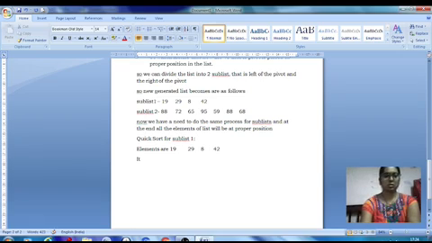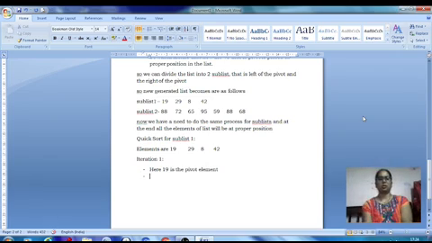So for the iteration 1, now here 19 is the pivot element, okay,